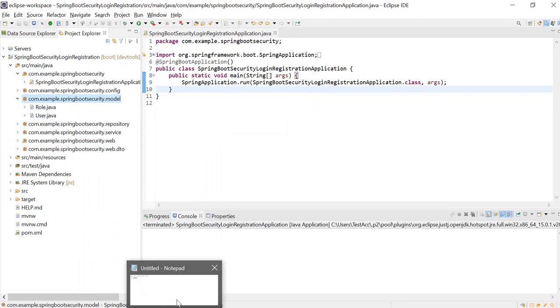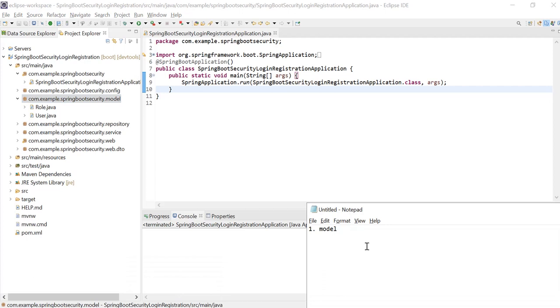Now I'm going to create the two tables, user and roles. For example, a user can have different access levels like system level, admin level, and others.